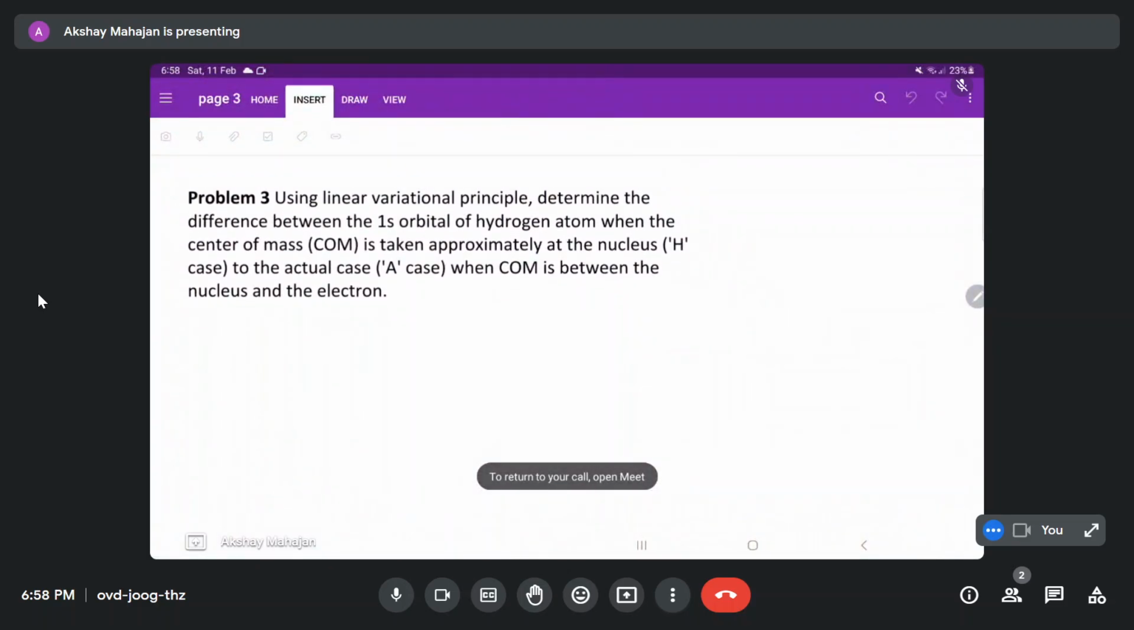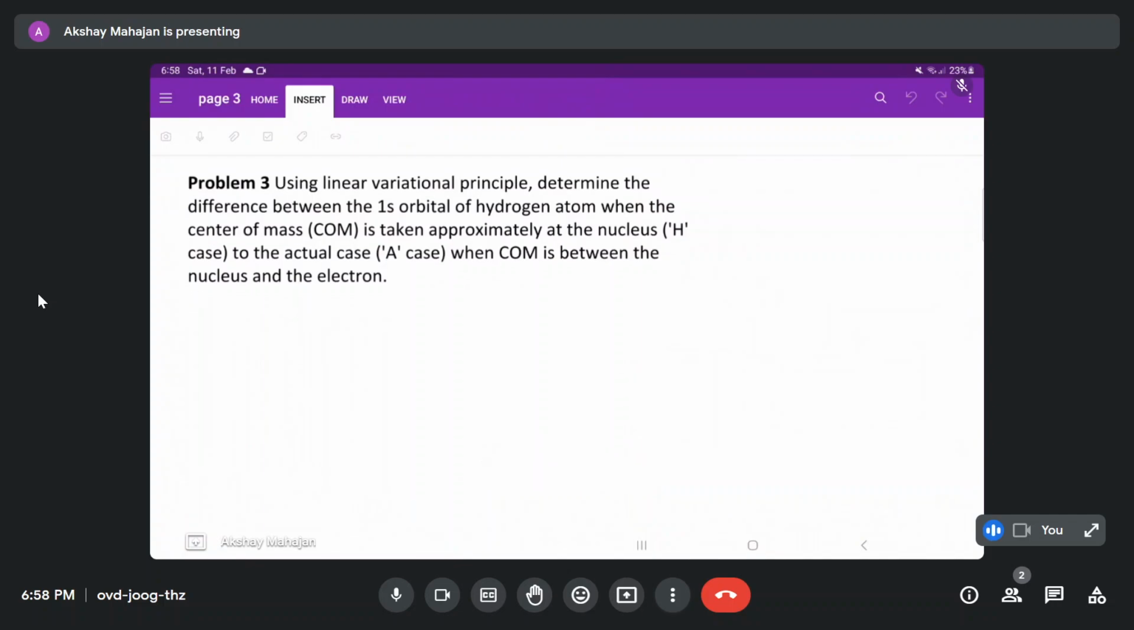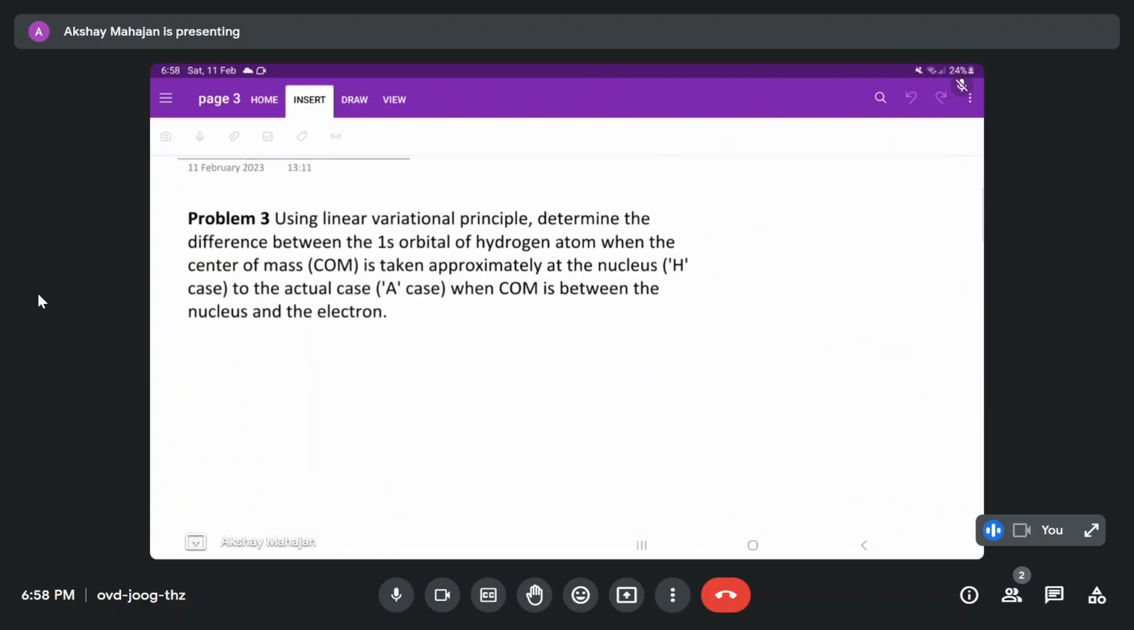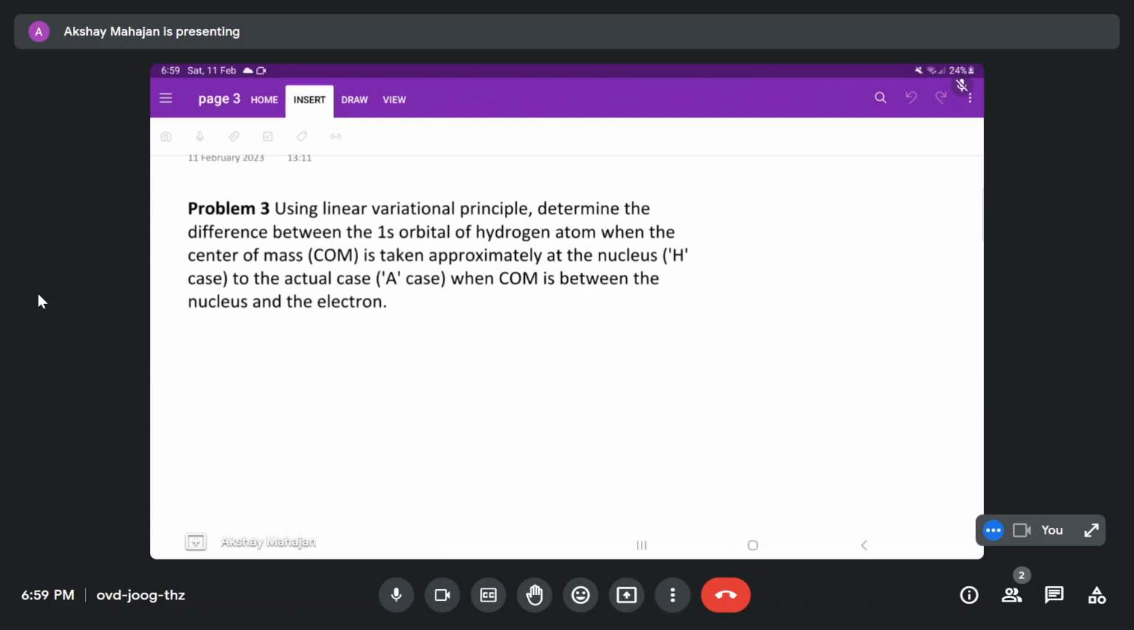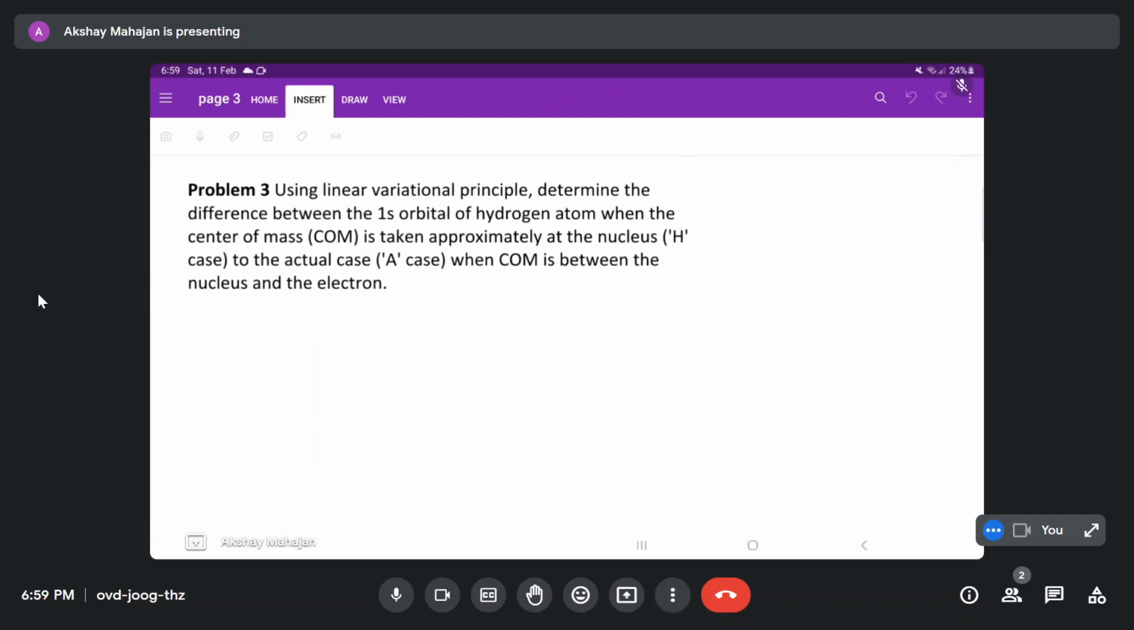Okay. So in this one also we are going to see a similar kind of example, like how linear variation principle can help us. It's a better way to understand it, especially for the wave functions. Using the linear variation principle, we will define the difference between the valence orbital of the hydrogen atom when the center of mass is taken approximately at the nucleus. We will call it the H case, and our actual case the A case, when the center of mass is between the